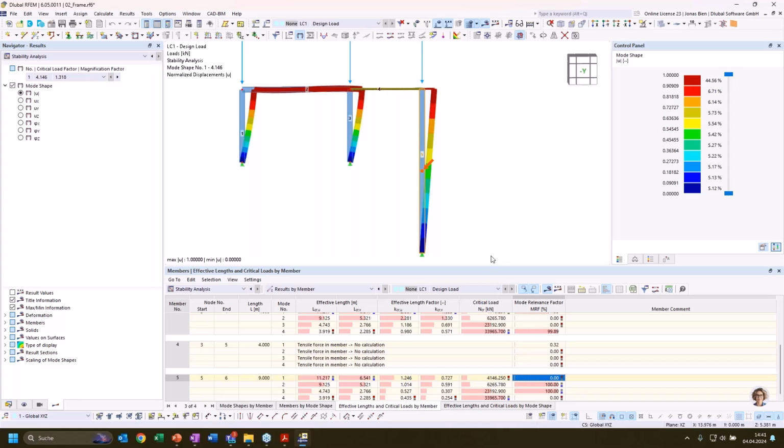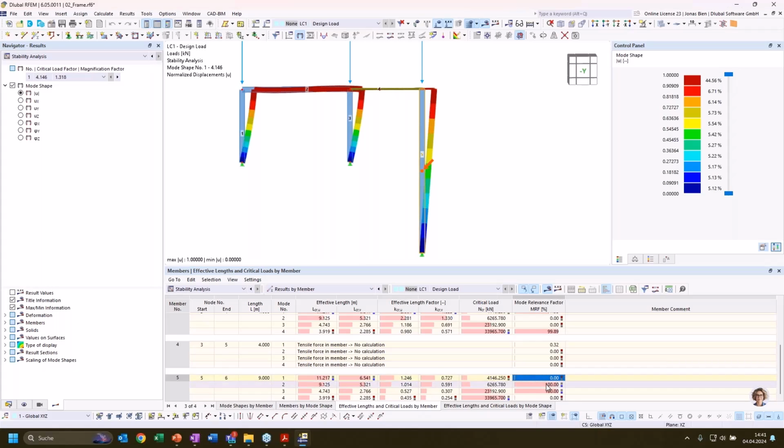But it has no influence on the mode shape that we are investigating, and vice versa. So this member has also no influence on the structural stability of this 2-hinge frame. And if we want to look for a mode shape for this particular member that is relevant for the buckling length determination, we would need to look for mode shapes where our mode relevance factor is higher than some value, maybe higher than 10%,